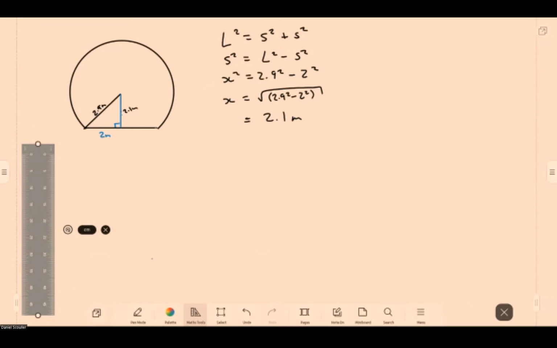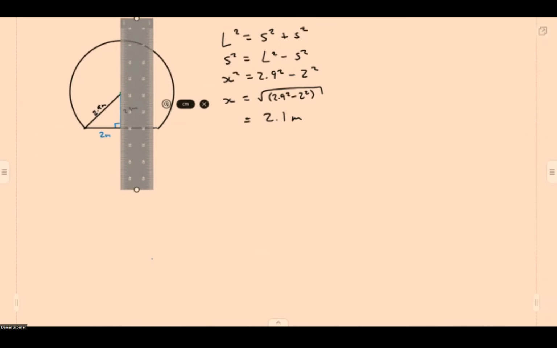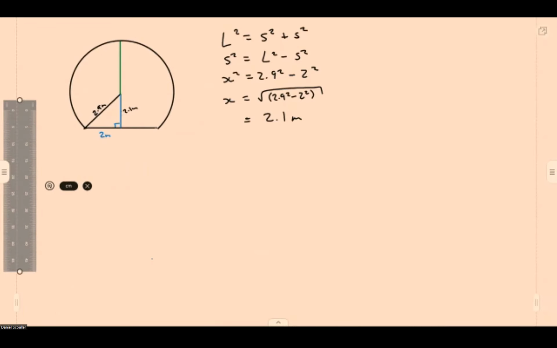Because we're missing from the centre to the top. And we know the radius, because it's given here. The radius from centre to the outside edge is 2.9 metres. The total height,